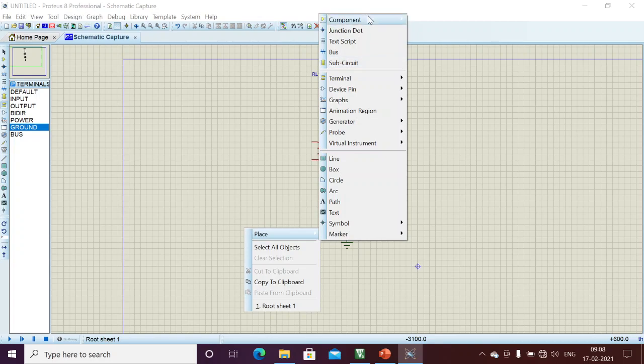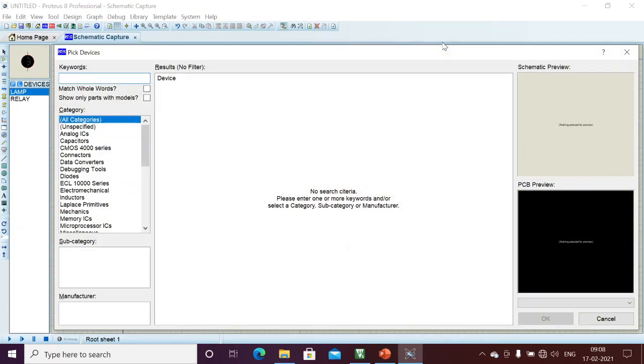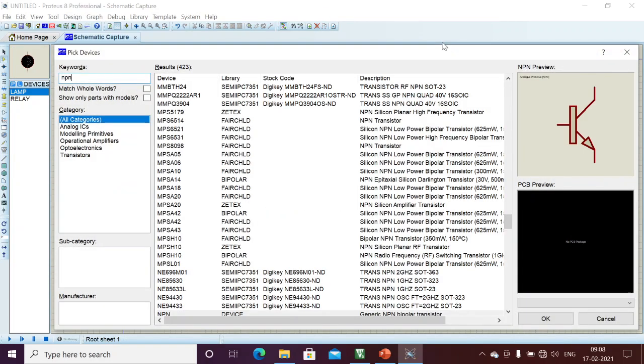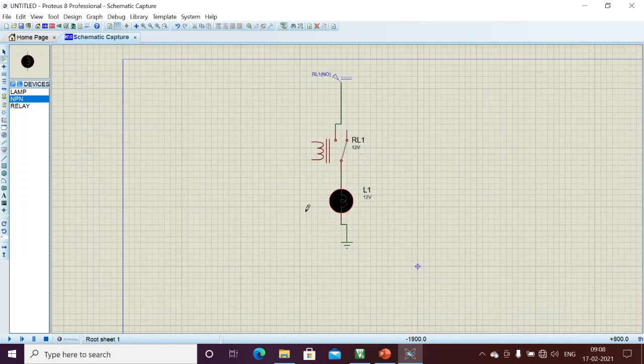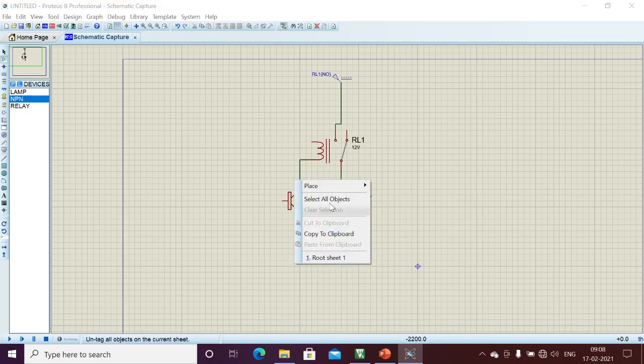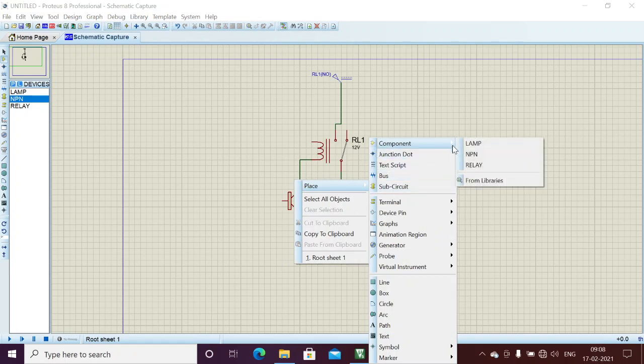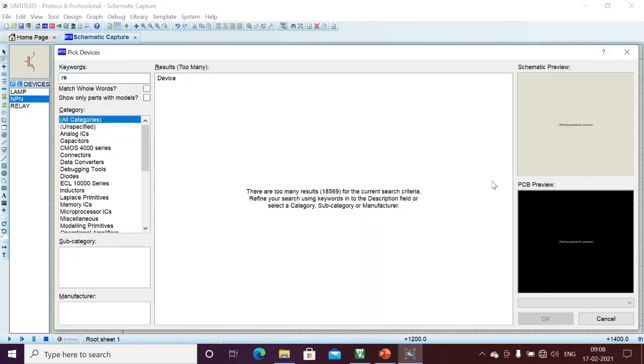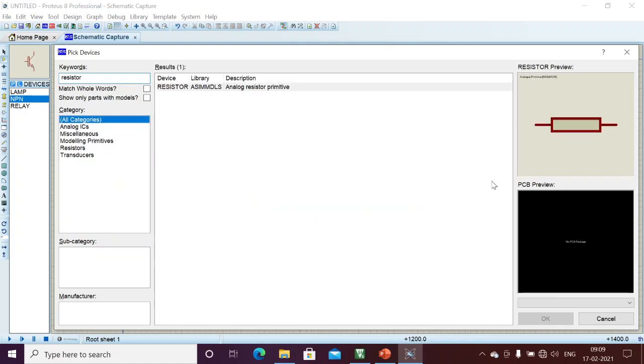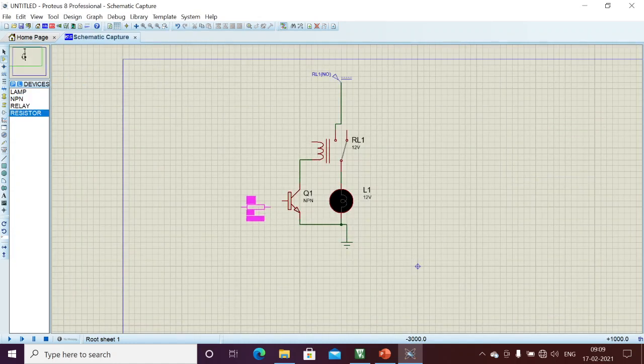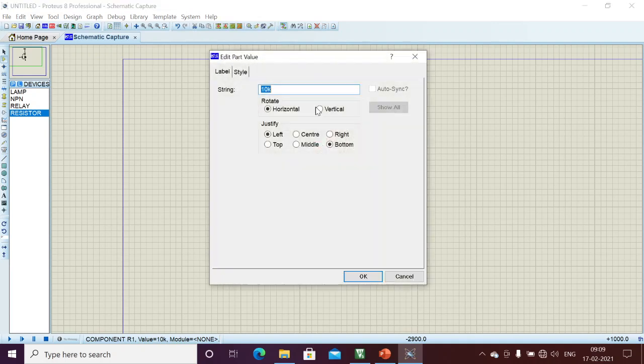Now we are going to design our complete circuitry. We have an NPN transistor, and also we need one diode. This I am going to connect to one end of this coil, and the other end I am going to connect to the ground, and the other end I need to connect to the resistor. From that we need to connect to the microcontroller. Okay, this is a resistor. I'm going to connect it to the transistor. From here I can connect to the microcontroller.